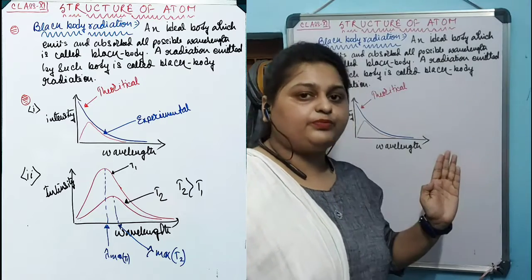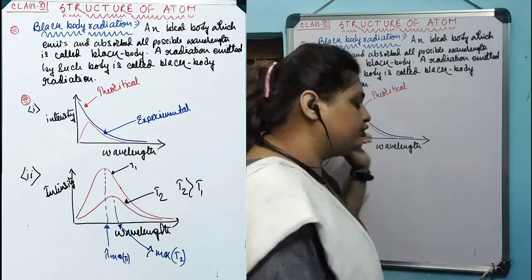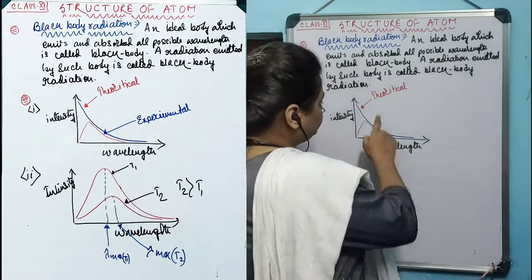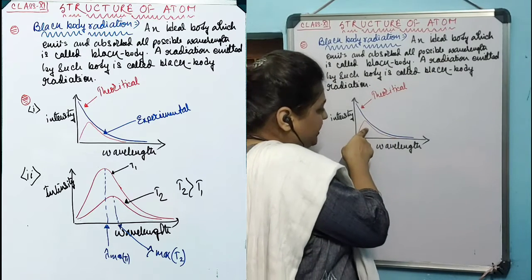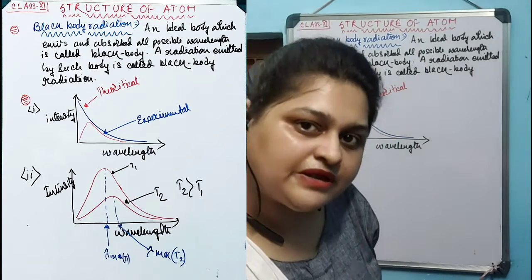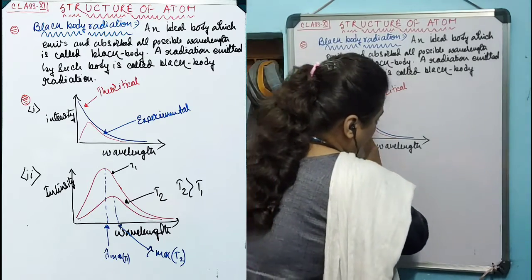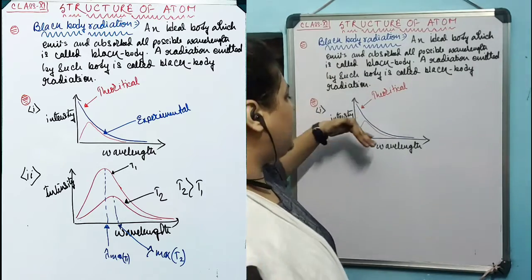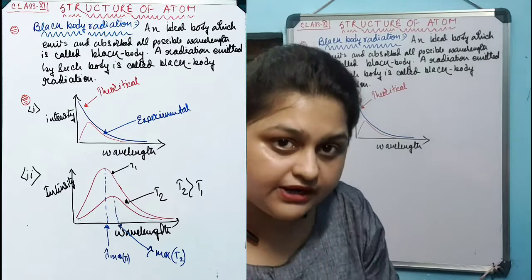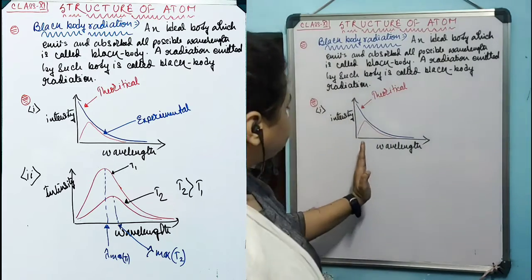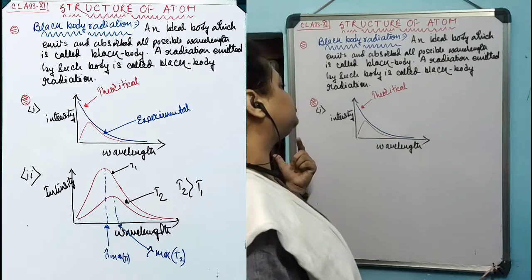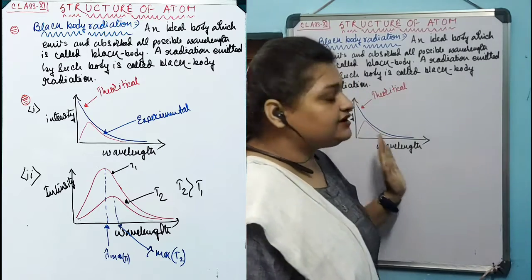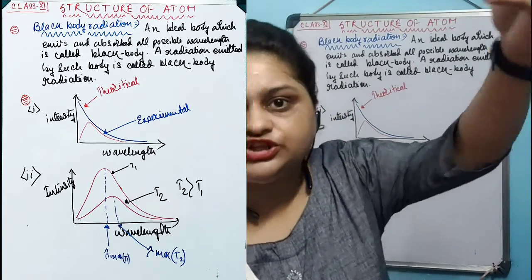The intensity at the lower portion of the wavelength region is found to be extremely low, and also at the higher portion of the region. So the theoretical data and the experimental data give a similar result in the higher wavelength portion of the graph, that is, radiation with higher wavelength. They coincide there, but when the scientists observe the radiation in the lower range, the experimental data show a huge deviation compared to the theoretical data.